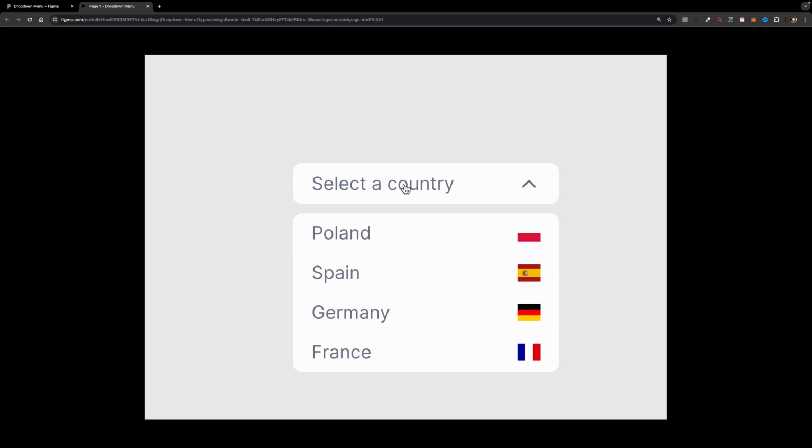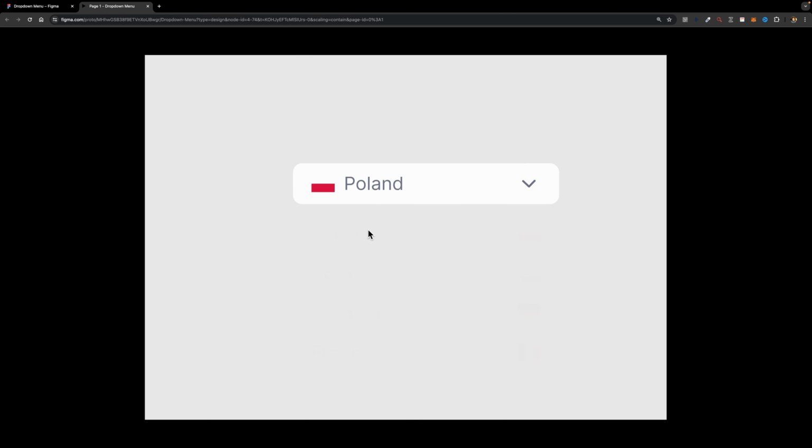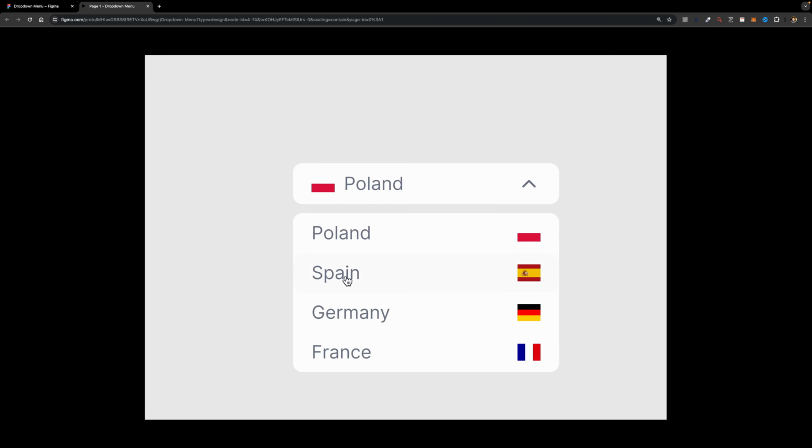Let's give it a try once again. I'm going to change it to Poland. Then I'm going to change it to Spain. There it is. It works